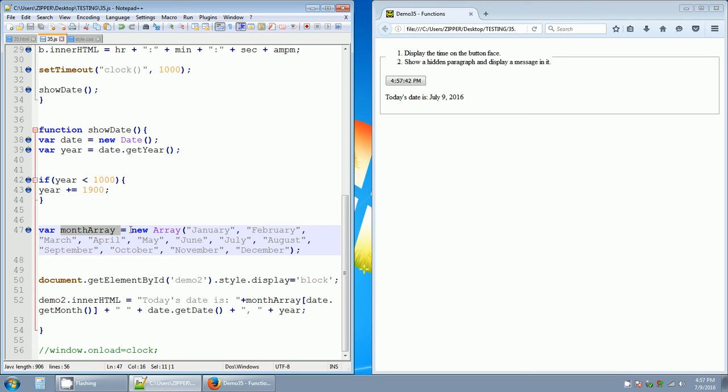Var month array equals new array. We're going to name all of these strings of text that we want to be able to utilize, and we're going to enclose them in double quotes and separate them by commas. And we're going to use this month array in a minute down here in line 52, but we're not in line 52 yet. Line 50 we're going to do first,